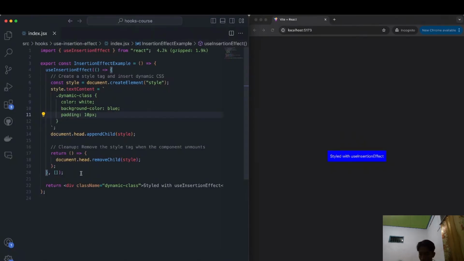So what is the insertion effect hook? So the use insertion effect hook is basically, like I said, a specialized hook that runs synchronously during the rendering process, but differently from the use layout effect hook, it runs just before the mutations are made to the DOM. So it is designed for cases where you need to insert styles, meaning CSS styles or style tags, like we have in this component over here, into the DOM during rendering to ensure that they're actually applied immediately. So you can see that you'll probably never run into a situation where you need to do something like this, and you will be much better off using the other alternatives. But